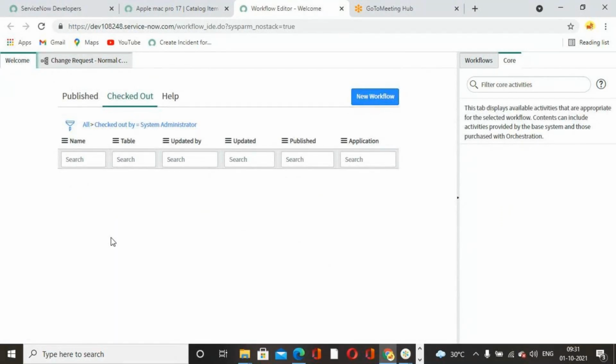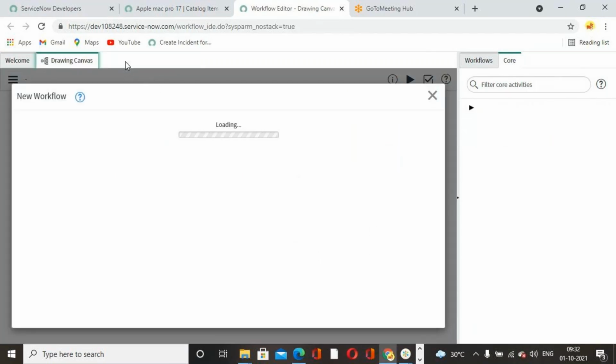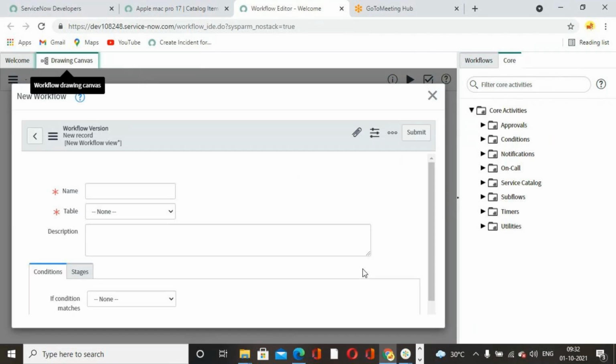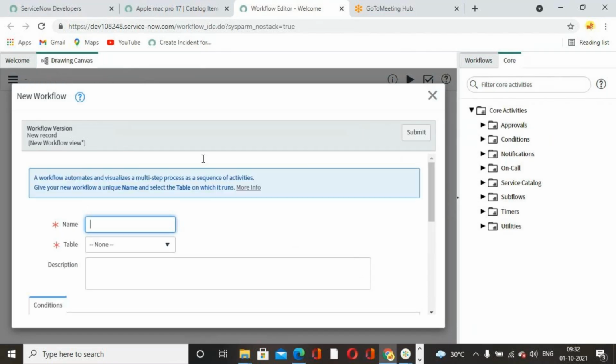Now let's talk about creating a new workflow. Now I'm going to create my new workflow. How to create a new workflow? Just click on new workflow and close the existing one. Guys, let's start creating the new workflow and providing the details of your workflow. So your workflow name is Apple Macro